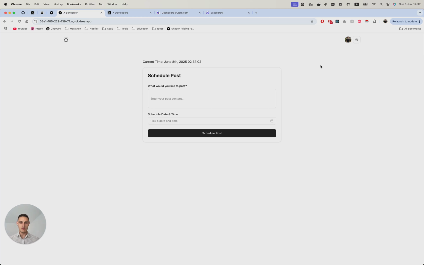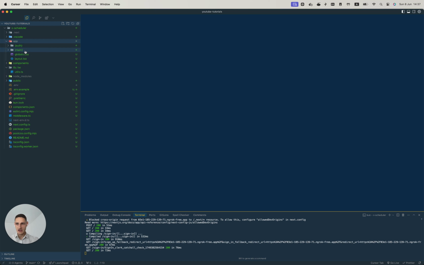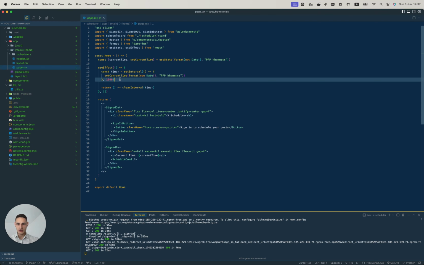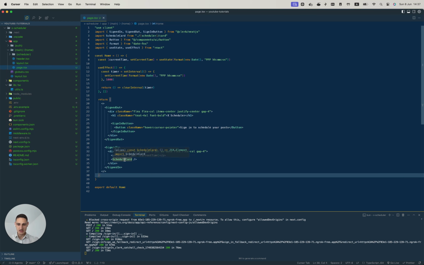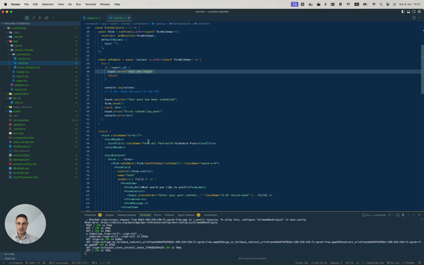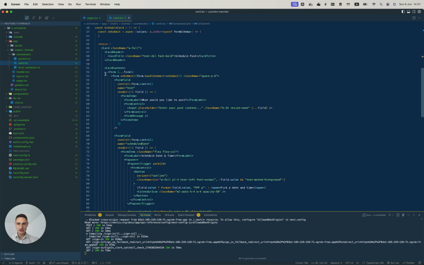So this is the home page, and from here we are going to schedule our post. Guys, this is a very basic shadcn form. It's not complicated inside. I'm going to open it to see what it looks like. Basically this is the current time, and there is a schedule card component that renders a specific form with